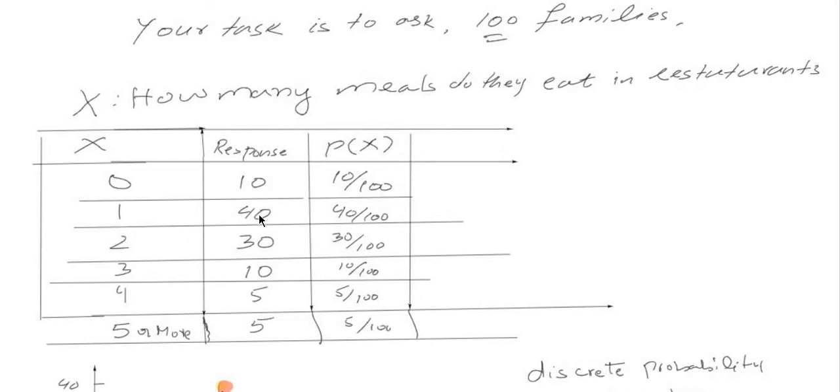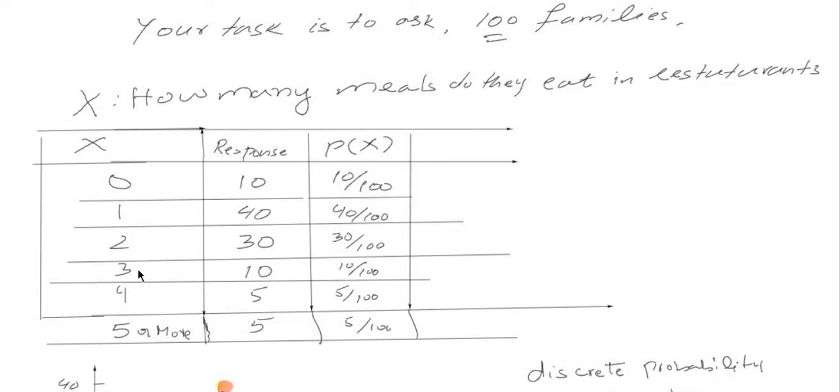And 40 families out of 100 say that they eat only one meal in the restaurant during a week, and 30 families out of 100 say that they just eat two meals in the restaurant during a week, and